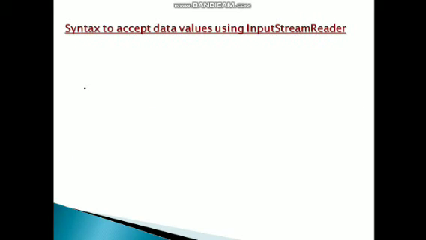Now we will see how to accept values using InputStreamReader for different data types. If it is integer, then int n is equal to Integer.parseInt, inside the bracket br.readLine function. This is the way you are going to accept values using InputStreamReader.